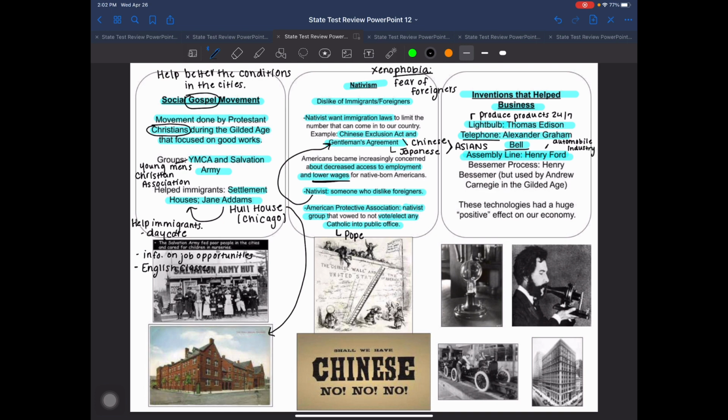Cars had actually been around for a little while, but they were so difficult, so tedious to make, that they were too expensive. And so what Henry Ford is going to do is create the assembly line, which is going to be a more efficient way of making, again, started off with automobiles, making cars. What this does is it makes products faster. Therefore, it makes the price of them go down.